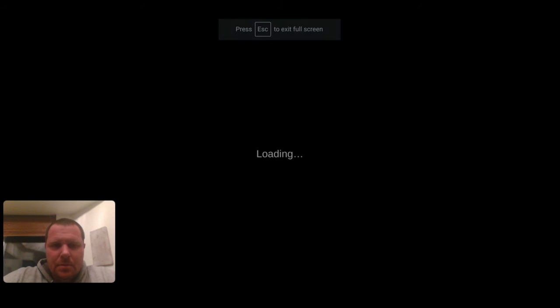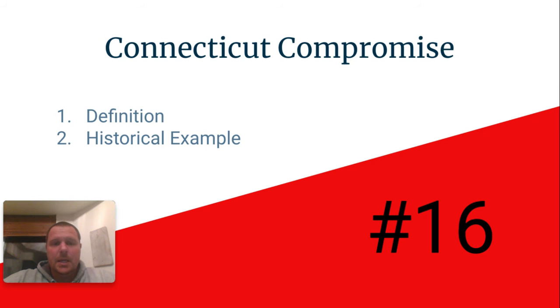EOC review term number 16, the Connecticut Compromise. The Connecticut Compromise happened at the Constitutional Convention of 1787 when the Founding Fathers got together to revise the Articles